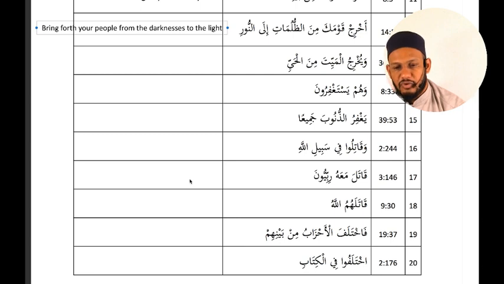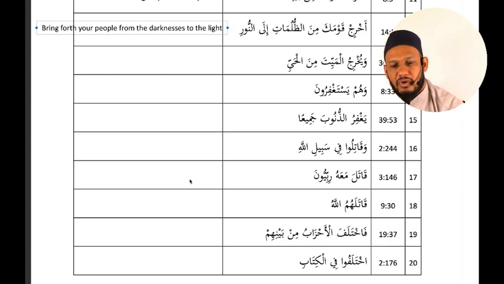Number 14. وهم يستغفرون. And they يستغفرون. The fa'il is the una there, the waw jama'a actually. The waw at the end there is the fa'il, and they are seeking forgiveness. Number 15. يغفر الذنوب جميعا. يغفر, first verb, the fa'il is not on there, it's not on the left. The fa'il is inside, and He forgives الذنوب, the maf'ul bihi, جميعا, all of it.